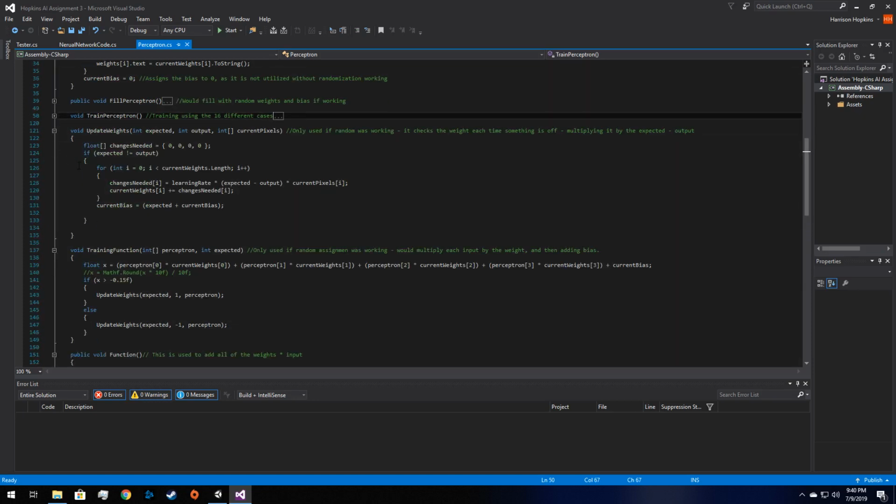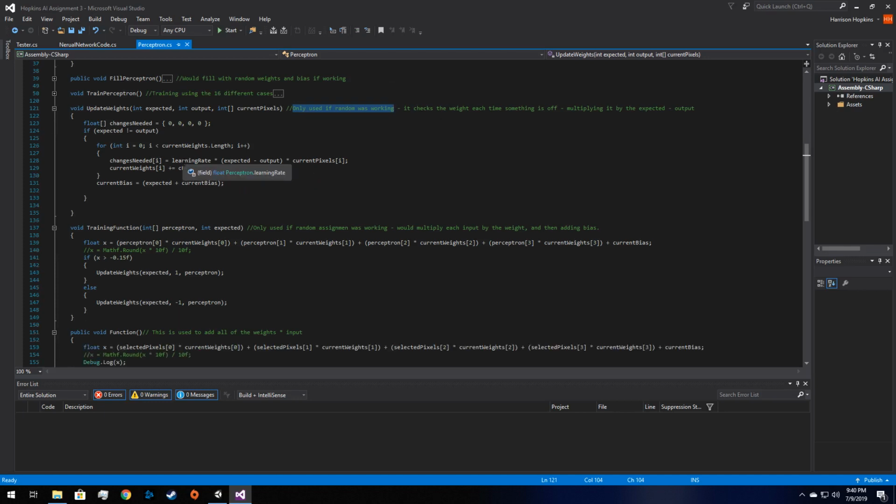So we'll collapse that. And then here we have the update weights area. Now again, this is only used if I'm utilizing the random fill perceptron, if I'm utilizing random numbers. But what it does is it checks the weight each time something is off and multiplies it by the expected outcome minus the output. So it's essentially checking how right or wrong it was based on the comparison made, like I said, by multiplying the expected minus the output. So it goes through and does this for every single one of the weights that is assigned to it,